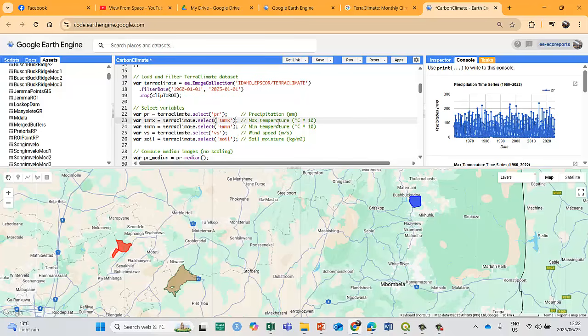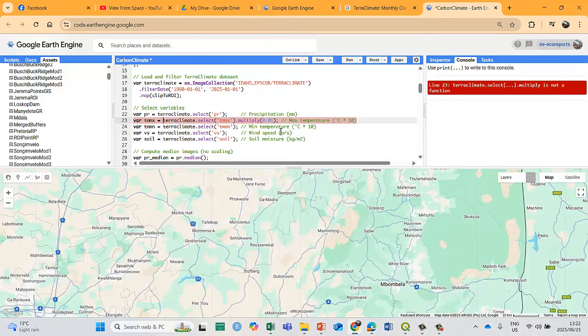Let's see if I can just put it in here. Dot multiply 0.01. Let's see if it's going to work, if it's going to give me an error. No, I'll have to do a proper scaling. I can't just do that. I'll have to do a proper scaling function where we include the scaling.